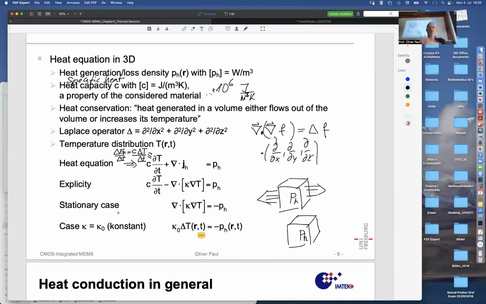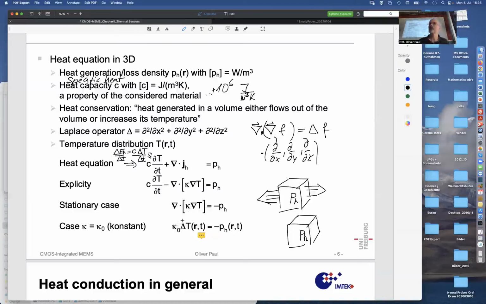That is a stationary temperature difference, and that stationary case is governed by dropping this first term that doesn't change anymore, and keeping the rest, which is just the divergence of kappa gradient T equals minus pH. So we only have a spatial differential equation,